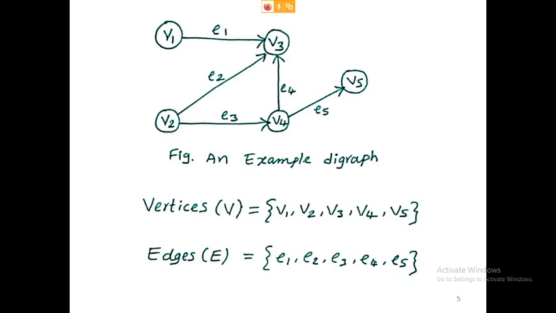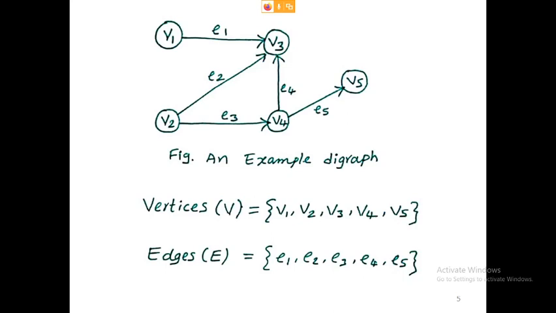If you see the example diagram, let us assume V1, V2, V3, V4 and V5 represent the vertices of this diagram, and E1, E2, E3, E4 and E5 represent the edges. The vertices vector V is nothing but V1 to V5, and the edges vector E is nothing but E1 to E5.